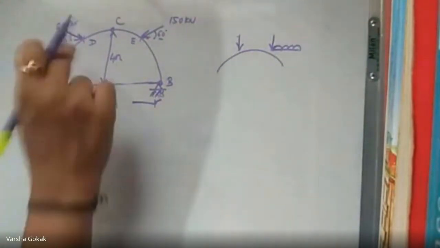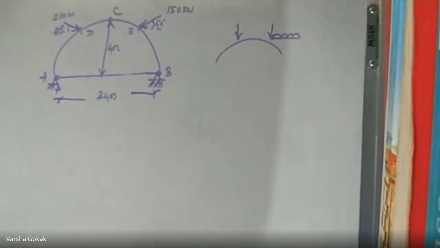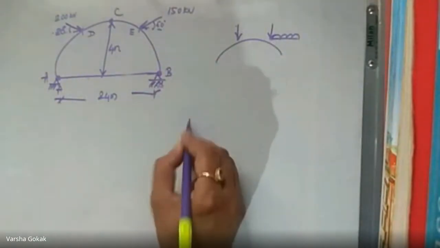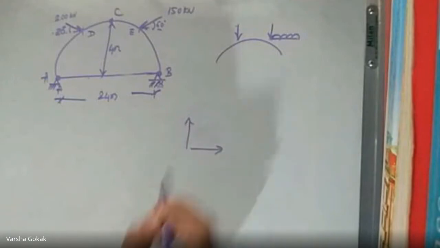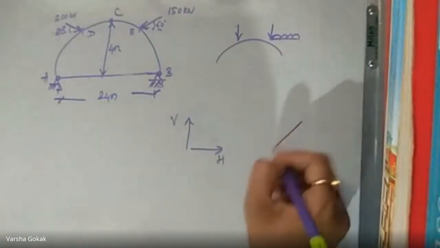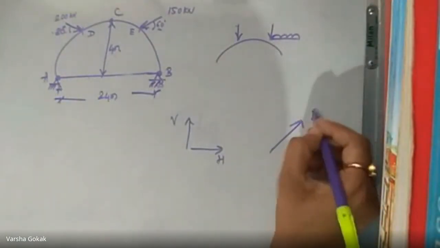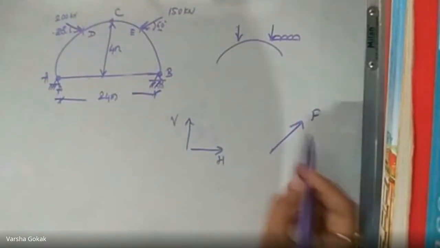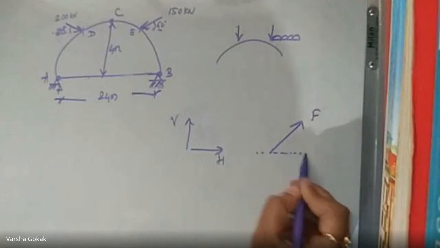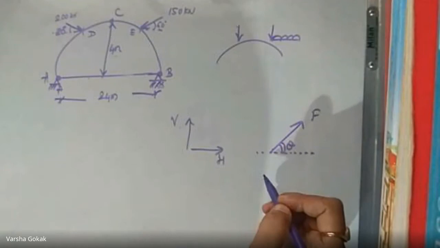Now, before resolving at this junction, I want to put some light on resolution of a force. What is resolution and how do we do it? Generally in a force system, this is the horizontal force H, this is the vertical force V, correct? If I have a force which is neither horizontal nor vertical, meaning it is an inclined force, correct? Because it is neither horizontal nor vertical, it automatically makes some angle theta with the horizontal, and that angle will be given to us.